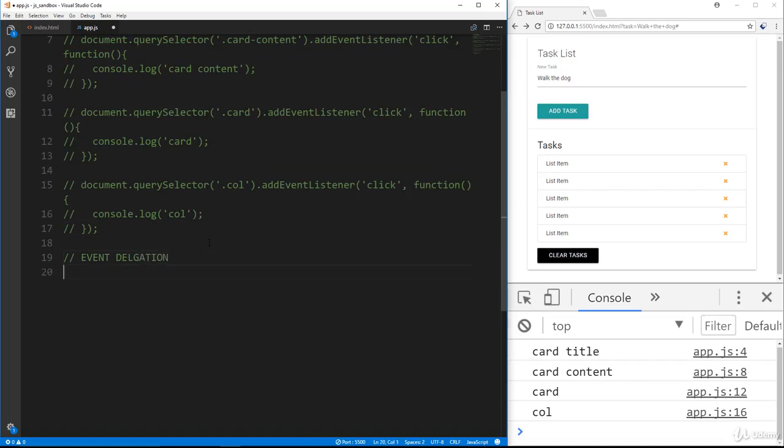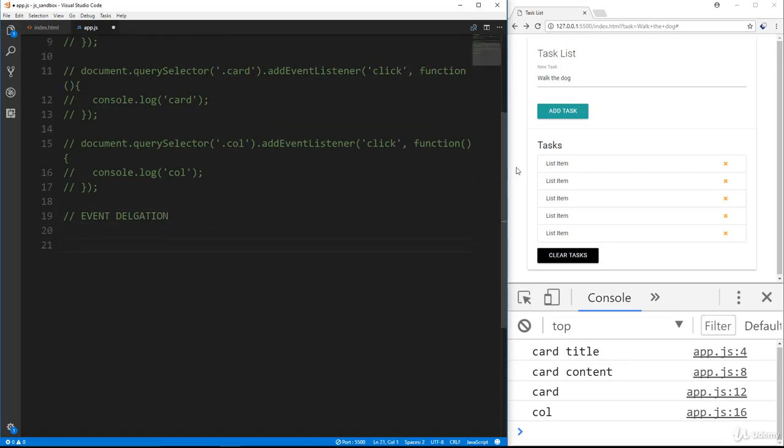Okay, and it can kind of be described as the opposite. We're putting the event listener on a parent and then going down. All right, so let's go ahead and, you know what, before we get into that, let me show you what happens without delegation in this situation where